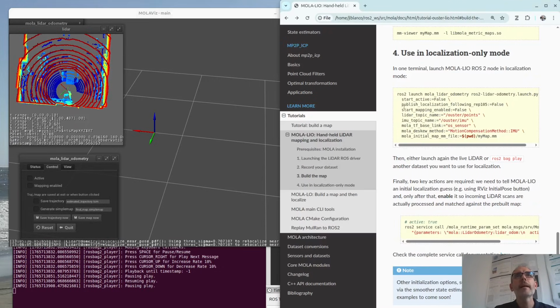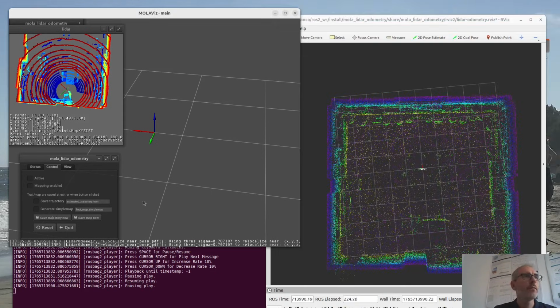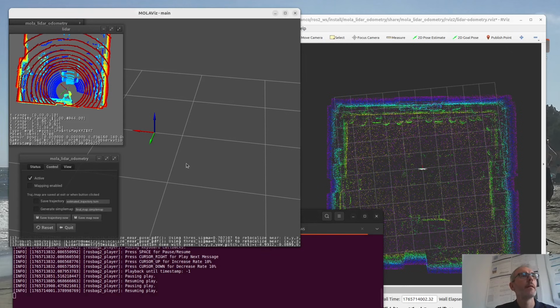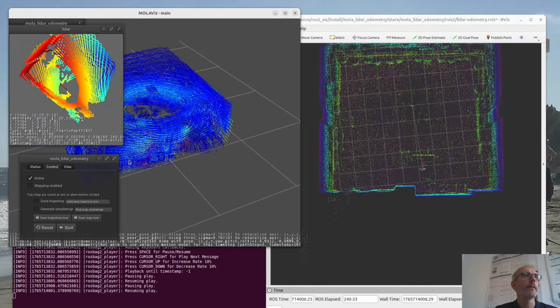To make it active, you can run this service from the terminal or from another Python interface or whatever, or you can just click here on active. Both are okay. Right now it should start localizing as soon as I click here resume debug. Okay, so it's localized now, you can see.